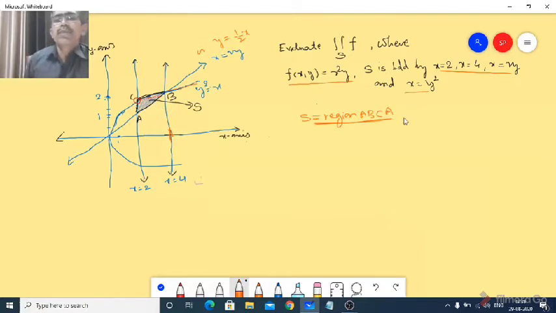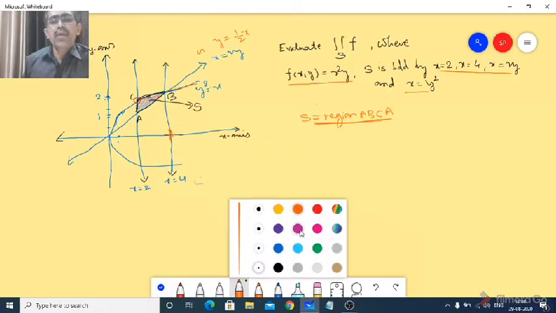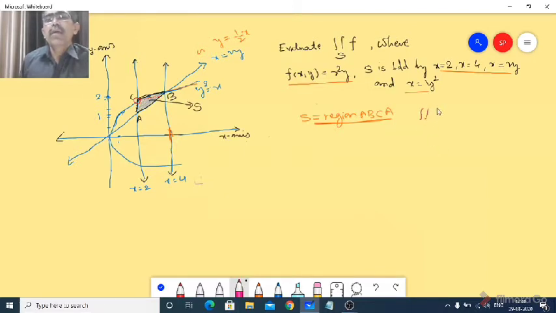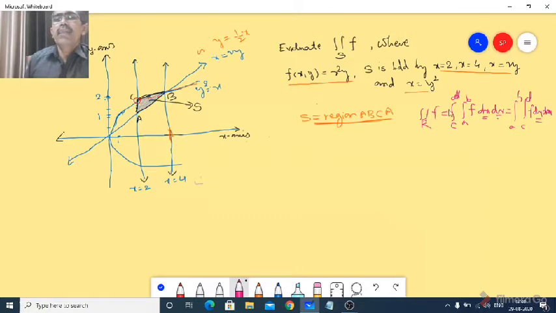As you know, in Fubini's theorem, we saw that for a function f defined on a rectangle R, the double integral of f over R is a repeated integral, integrating with respect to x first and then with respect to y, where the rectangle was A B cross C D, so the limits of x were A to B and the limits of y were C to D. Or you may express the same as the integral over A to B and the integral over C to D of f, dy dx, either with respect to x first and then y, or y first and then x. So a double integral can be expressed as a repeated integral.